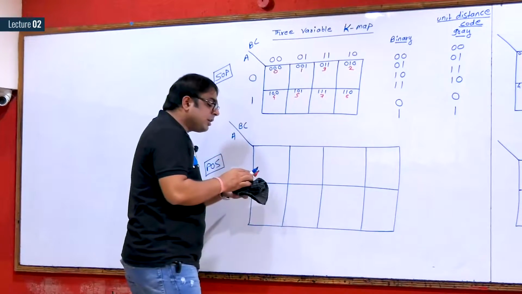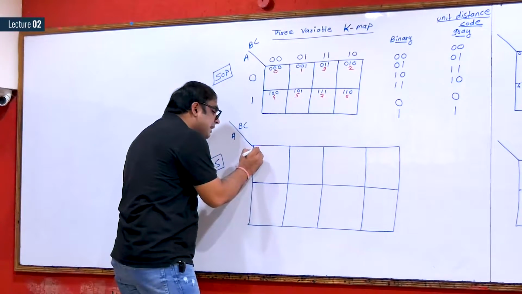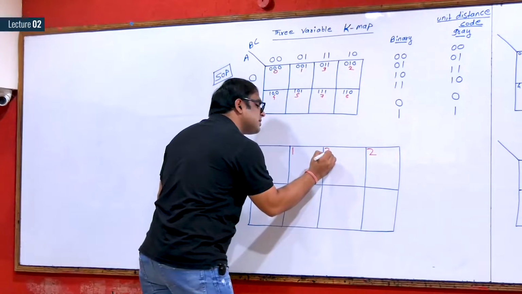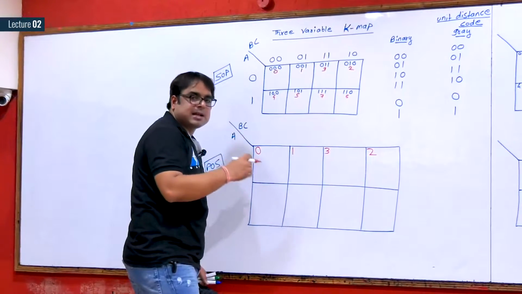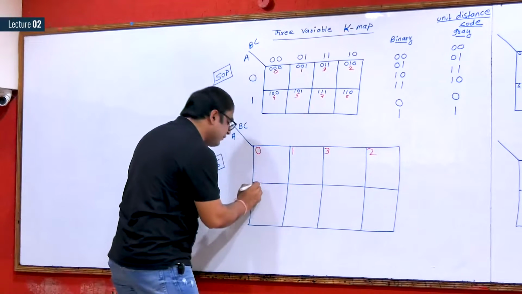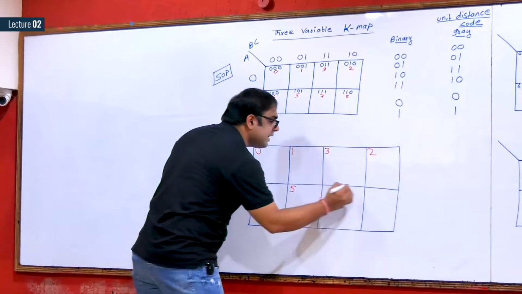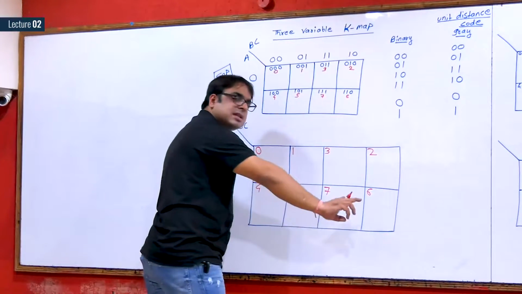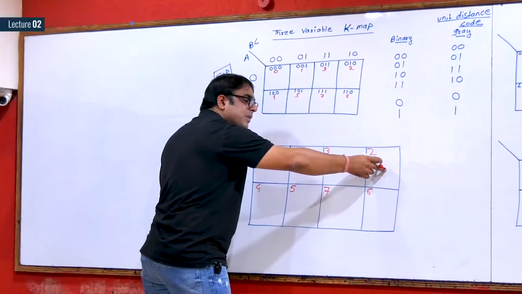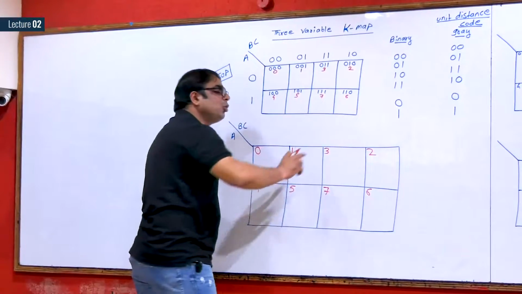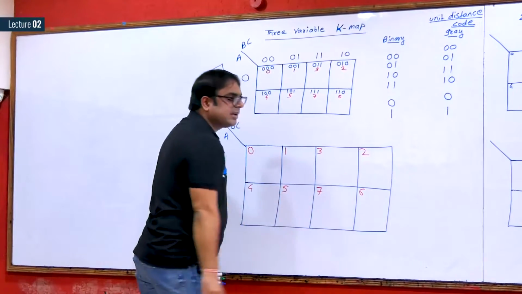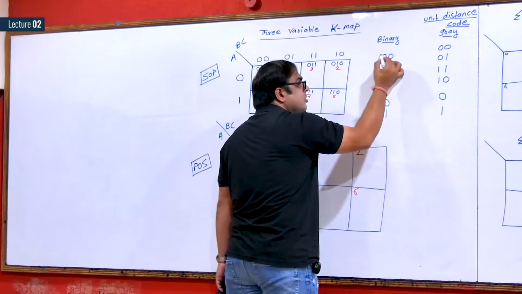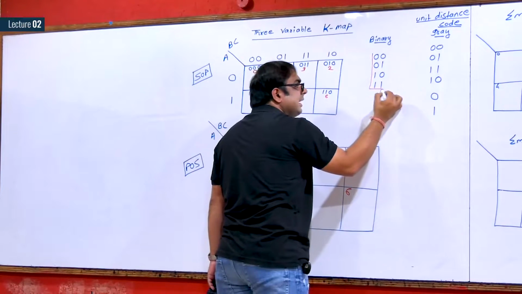Means, see, what you should practice: this is cell number 0, this is cell number 1, this last one is cell number 2 and this is cell number 3. Slowly with practice, you will be comfortable with this. Start with 4, this one is 5, last one is 6, second last one is 7. So 0, 1, 2, 3, 4, 5, 6, 7, but 2 will come after 3, and 6 will come after 7. This is because of the difference in binary and gray code.